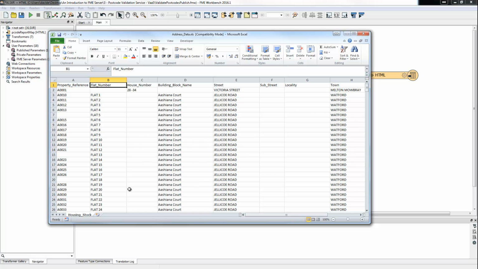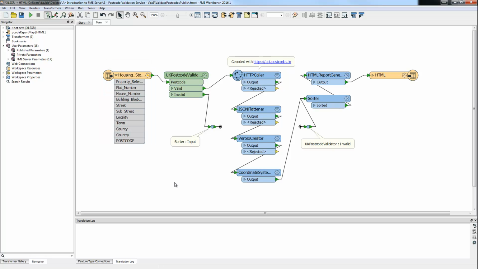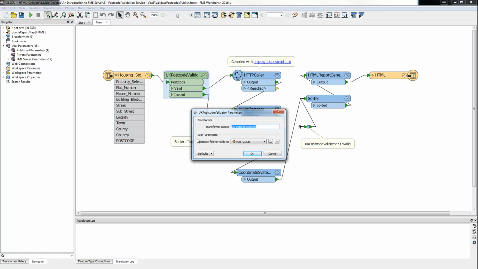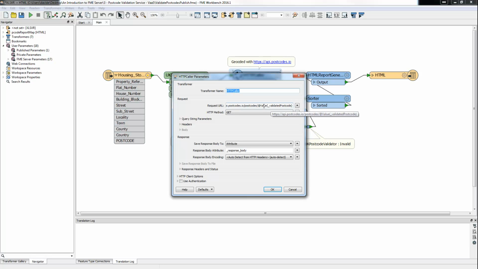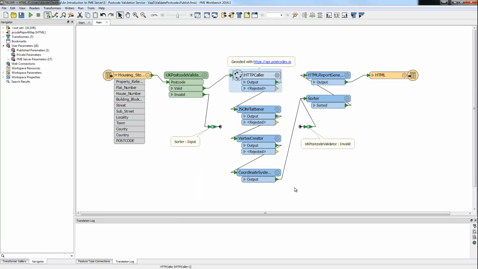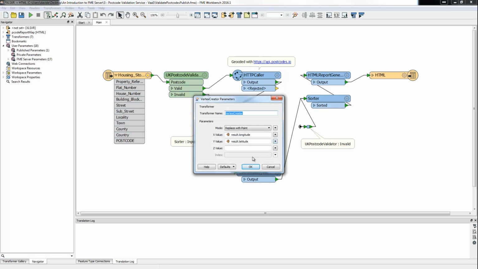We want to check that this housing stock information is good. Now, if you were an FME Desktop user, you would read in the Excel spreadsheet, run it through a transformer like the UK postcode validator to make sure it's okay. Once the postcodes have been validated, you could then send them off to an API like the postcodes.io API. In this case, the HTTPCaller is going to send each postcode and see if it actually exists, get back a JSON report from the API, parse it, grab out of there some coordinates and put them on